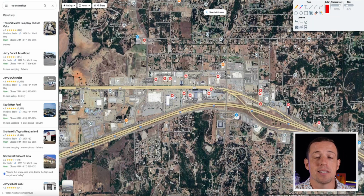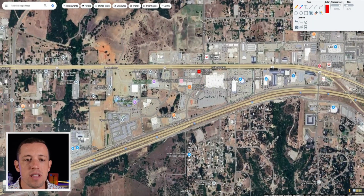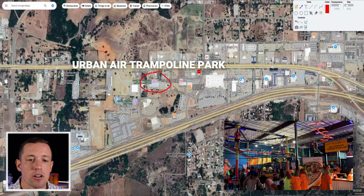But there's a good chance that if you need a car and you live anywhere near here, you're going to be checking Hudson Oaks out because they just have such a good concentration of car availability. So other activities, let's clear this away. So really the two big activities they have to do in this area, they've got Urban Air Trampoline Park, which